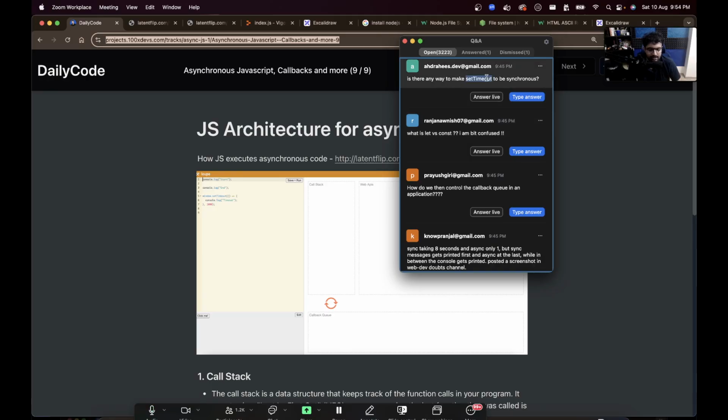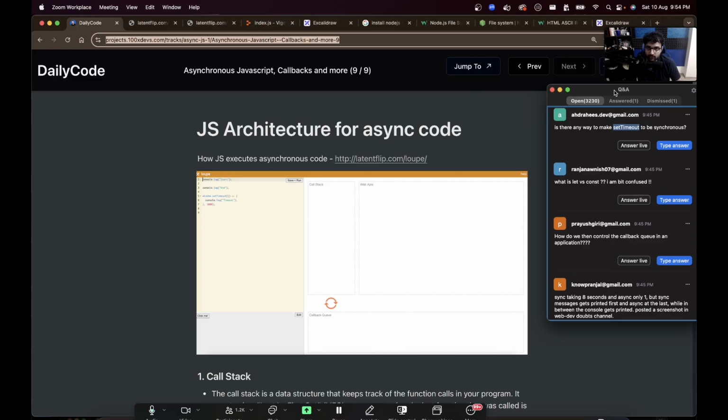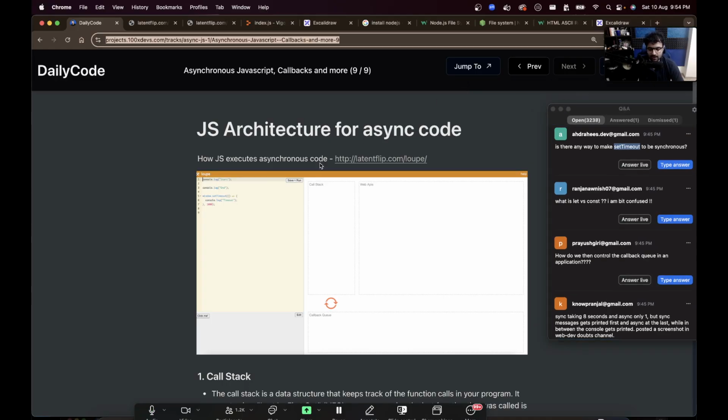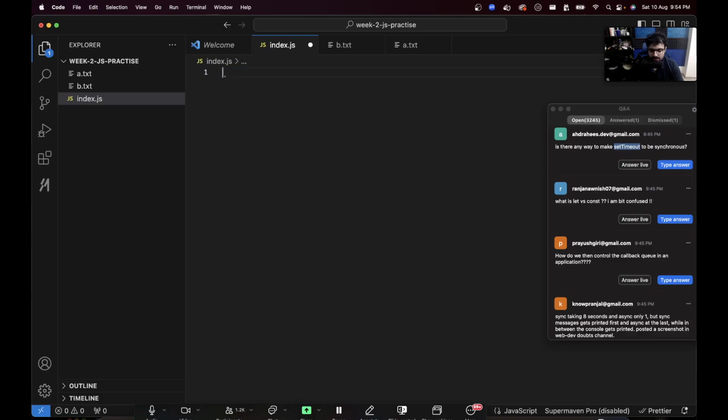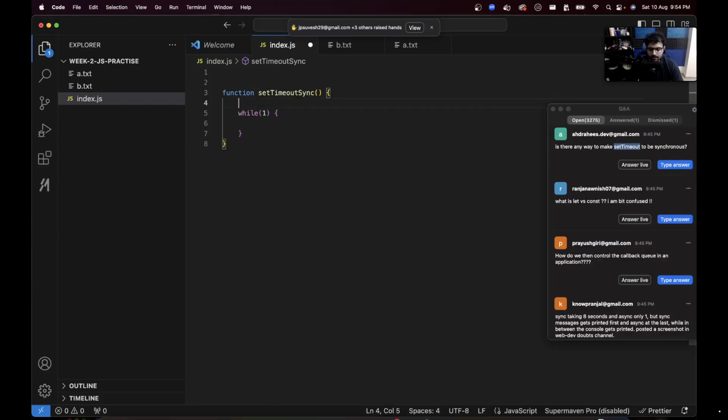Is there any way to make set timeout be synchronous? What do you think? It's a good question. How can you make set timeout synchronous? You can do something like this, right? I'm going to write something. Function setTimeoutSync. While 1, let startTime equal to